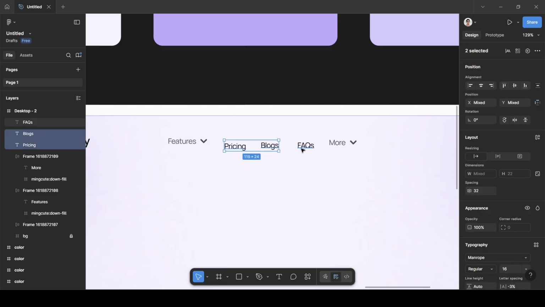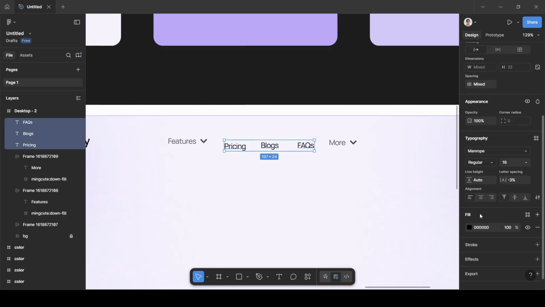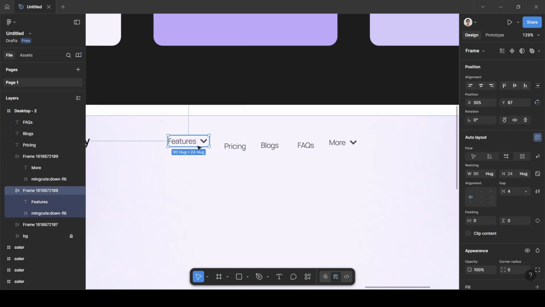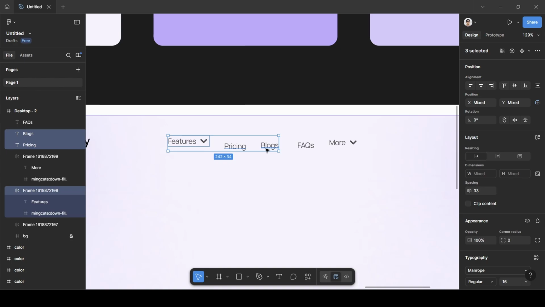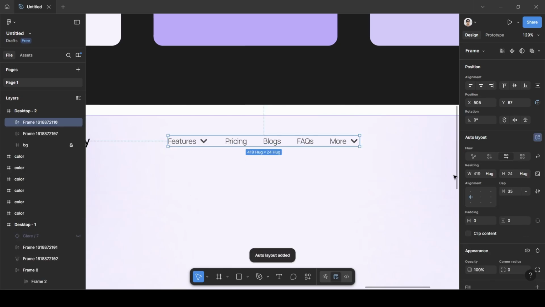And I'm going to change their color as well to 50. Yeah, I'm going to select all of them and turn them into auto layout. I have selected all of them, and then I will press Shift A, and they will be in auto layout, and they will have gap of 24 pixel. Okay,